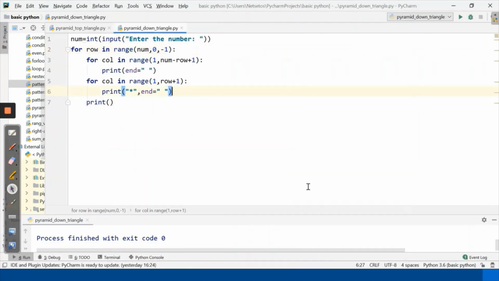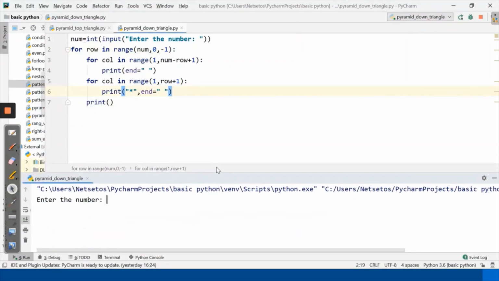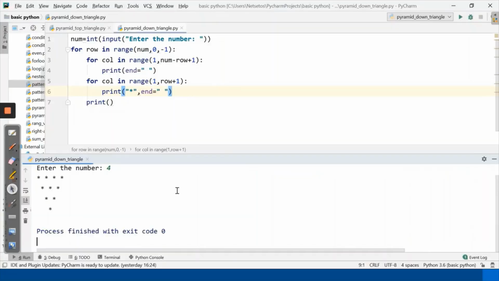So if I run this, and here I want to give 4, it has run with the same pattern where we have 0 space, then 1 space, then 2 spaces, and then 3 spaces. So let's see the working of this. If we have num is equal to 4, what will it do?